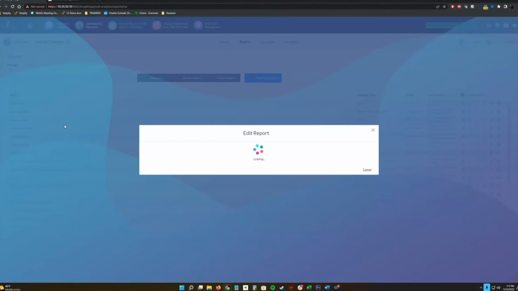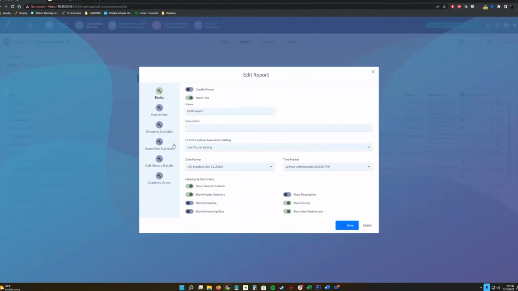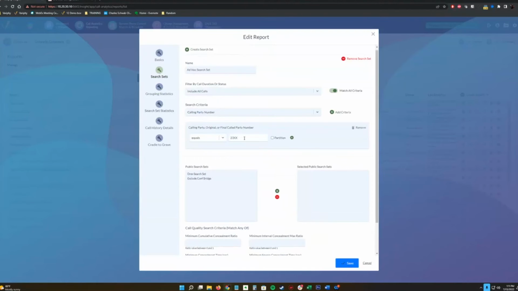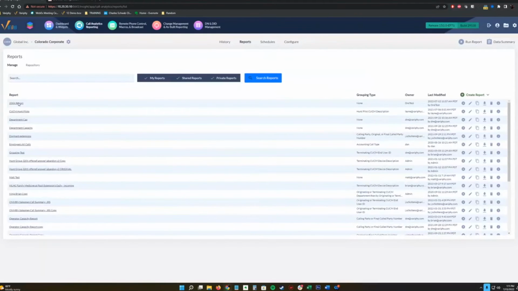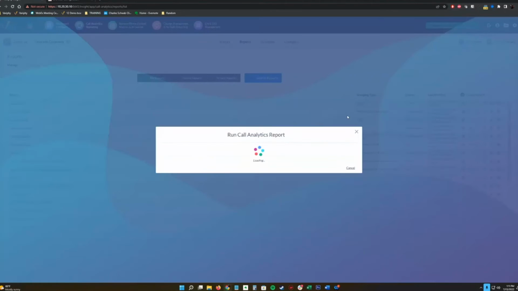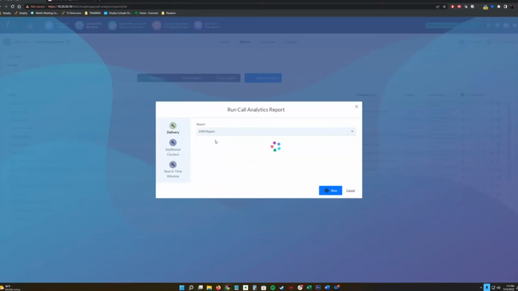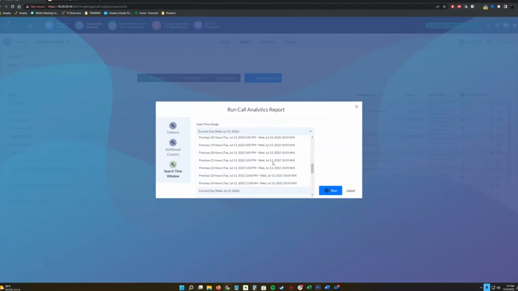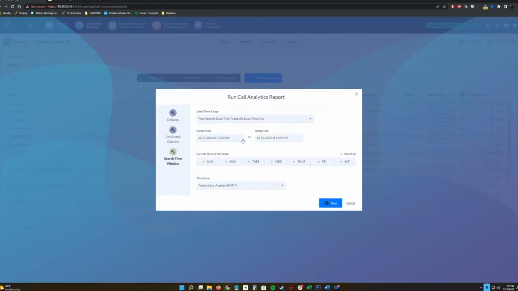What I'm doing here is searching for all calls for a certain time period in the 2300 range to 2399. We're going to pull all that back, so we can see what it looks like before and after. Let's go ahead and run this. I know our data summary is a little old, so we're going to have to pick the correct time window here.